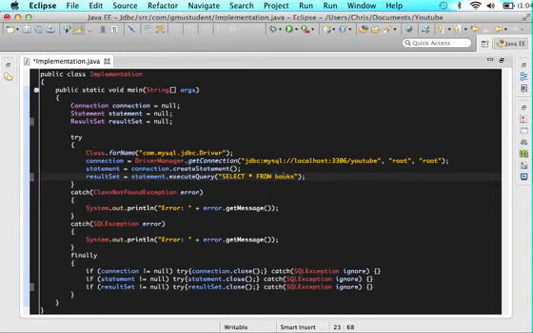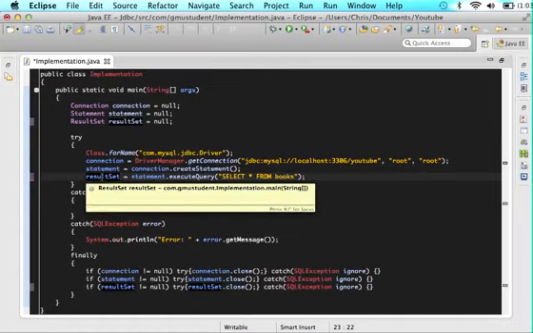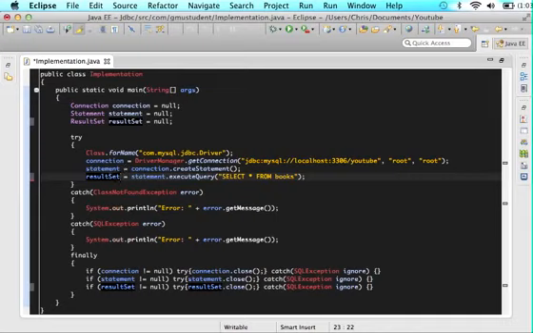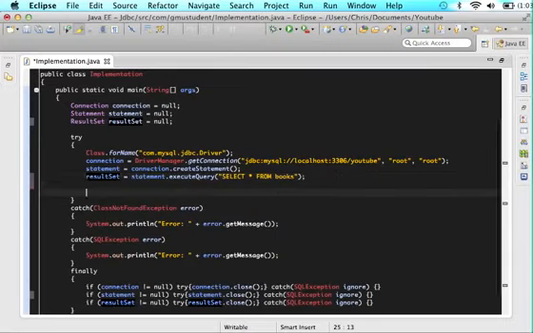It will execute this query, and then all the information it gets will be returned to result set. So we're obviously going to have to use result set if we want to look at that information and display it in the console. So type this and then I'll explain it. While result set dot next